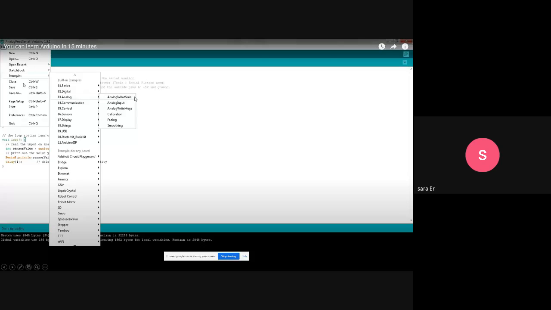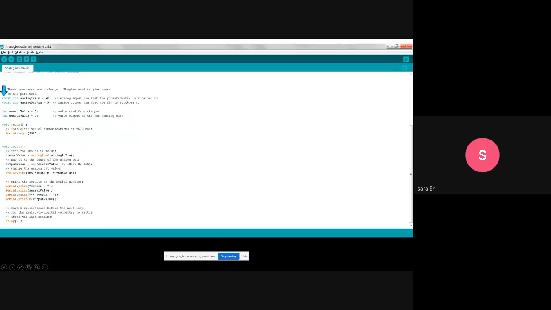Another example from the File menu, Examples, you can see AnalogInOutSerial. It is a built-in example of the Arduino. For example, here, two different analog pins are defined as A0 and 9.